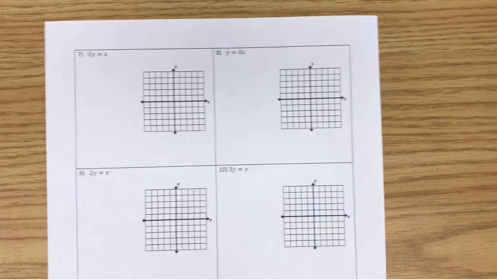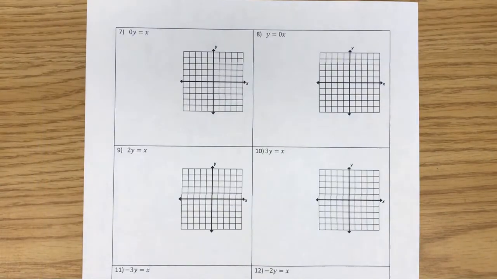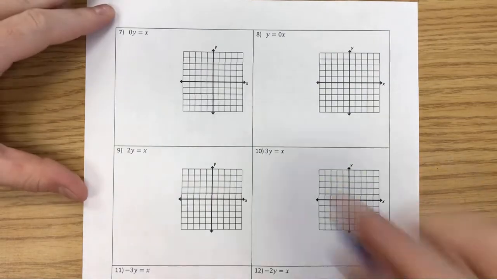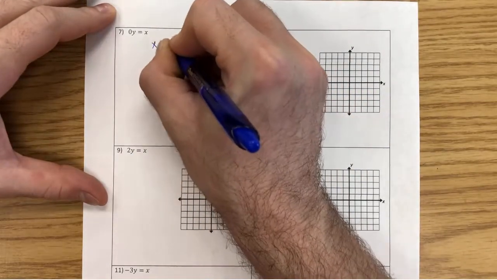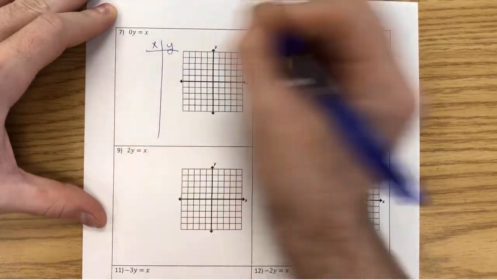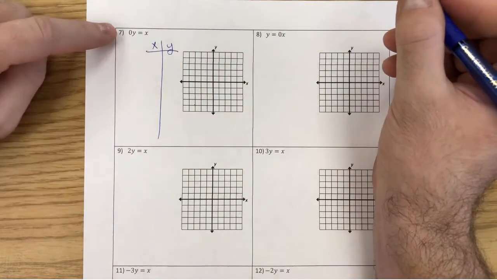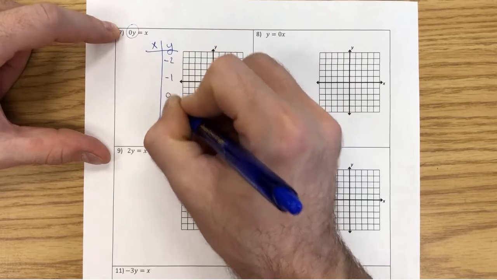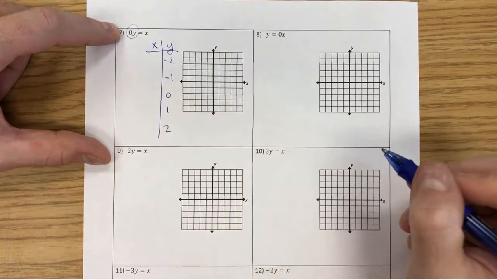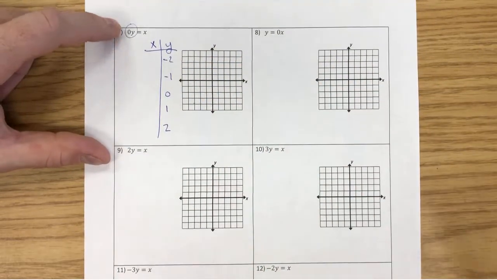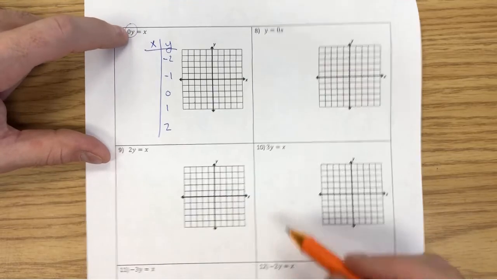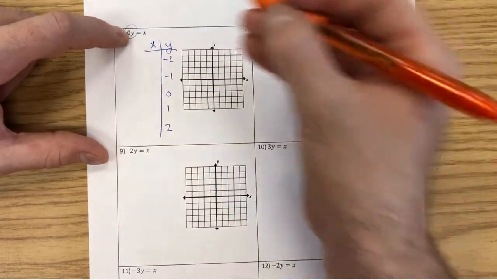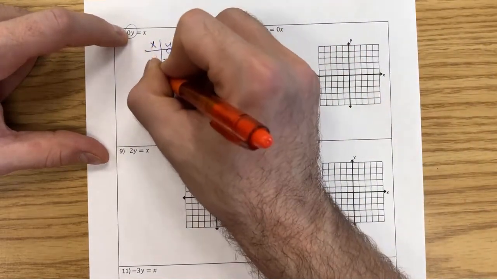So what you might ask is, well, what happens if the slope-intercept is on a different variable? In this case, it's on the y. Well, you're going to do the same thing, except you're going to do the process in reverse. Instead of plugging numbers in for x, I'm going to plug numbers in for y: -2, -1, 0, 1, and 2. And I'm just going to rewrite this equation, but instead of writing a y value, I'm going to write what my y was equal to. So x equals